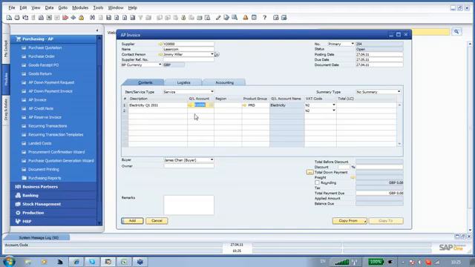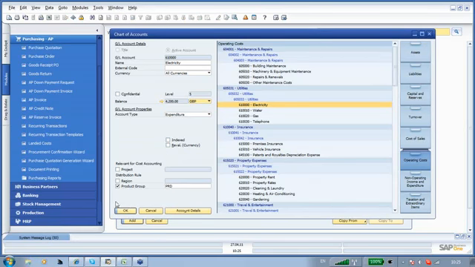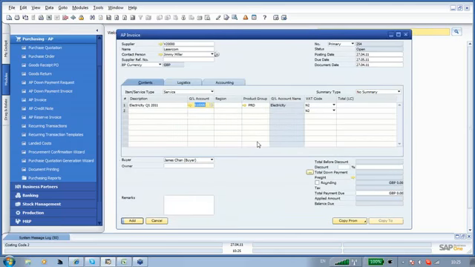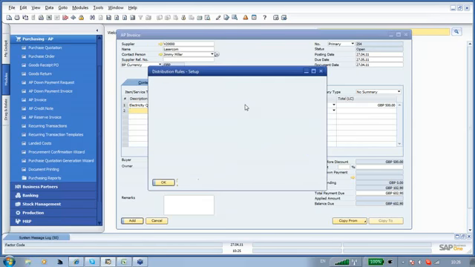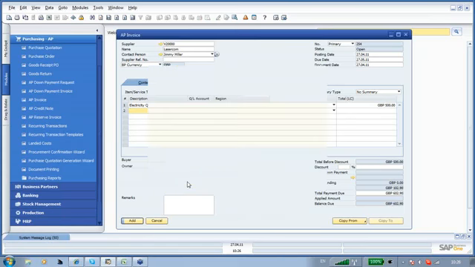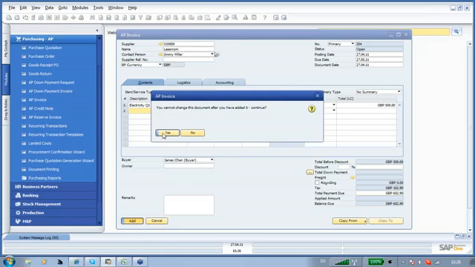Okay, so now you can see immediately that without me having to enter anything, the system has selected that product group. So again, if you remember back to when we set it up in the beginning, there's my electricity code, there's my tick against product group, and there's my default distribution rule. So by default, the system will pull that value in. Obviously, I have the ability to overwrite it if I want to, but in this case, I'm going to keep it in there. And so that will now be allocated across my different cost centres in the percentages that I've specified. Okay, so again, if I add that,